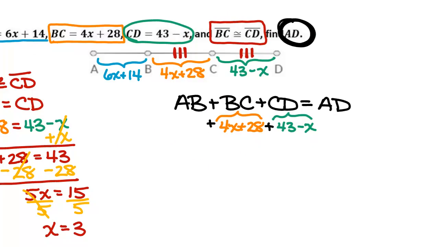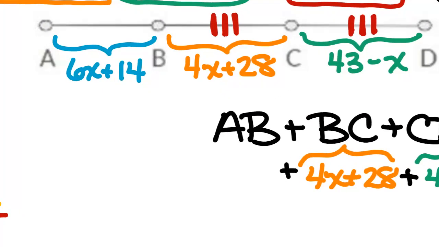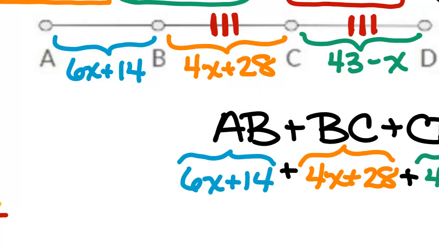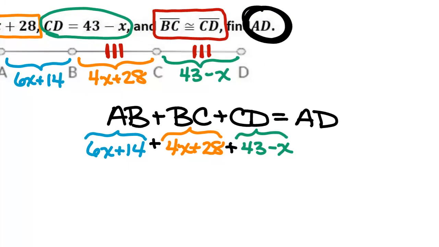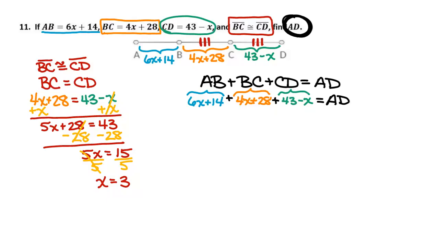Any other substitutions I can make? AB, what can go in for AB? 6x plus 14 equals AD. All right. Are you guys okay if before we substitute the 3 in the place of x, we